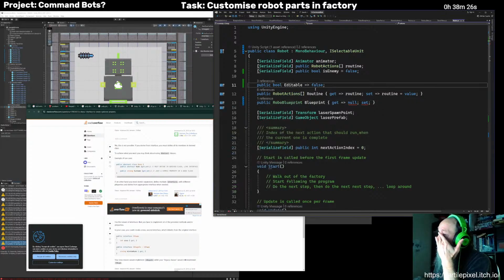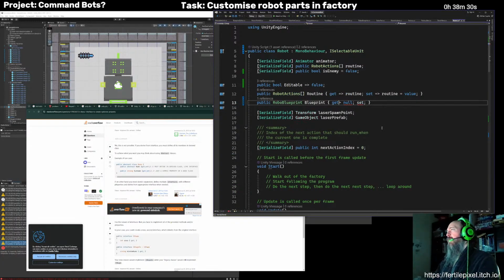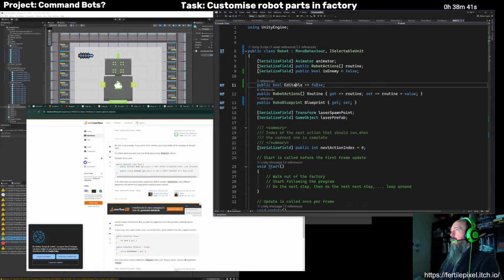But if it's editable false, then yeah, we don't want anything. Let's just give it a get set, and then it'll just not have anything that's non-default. And if editable is false, that will prevent actually changing that blueprint.